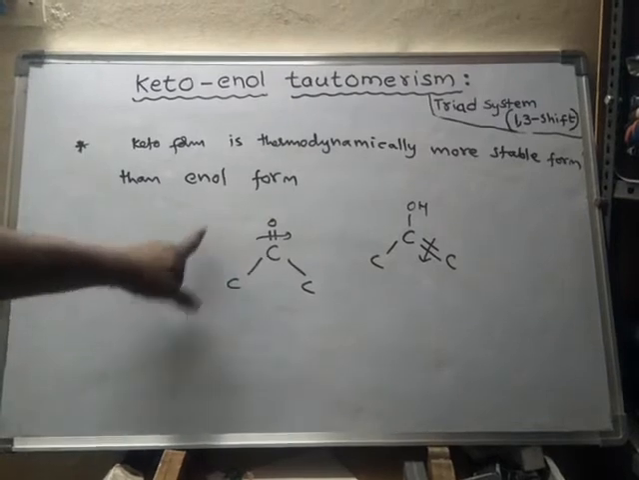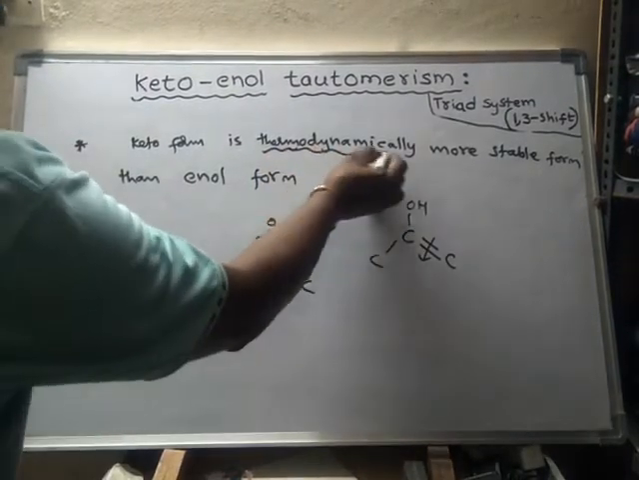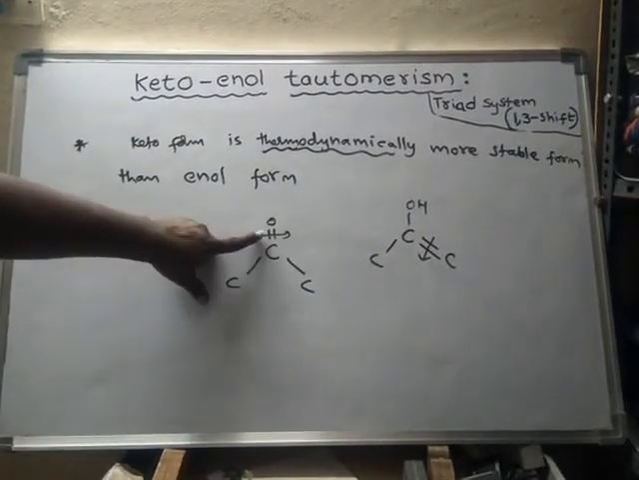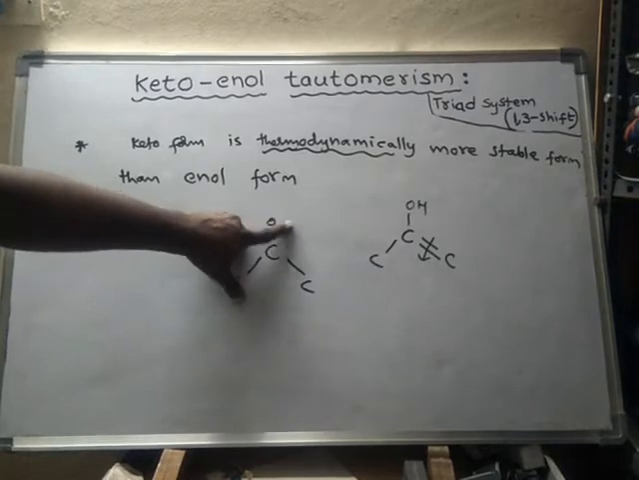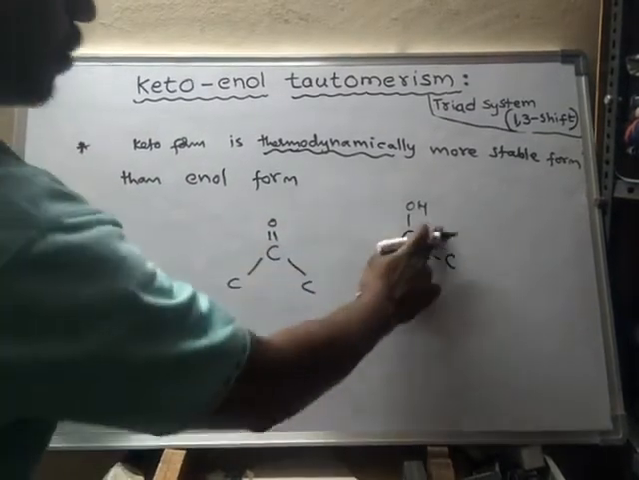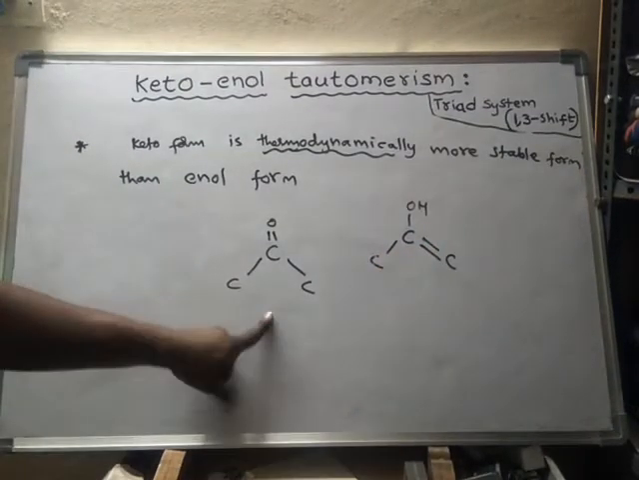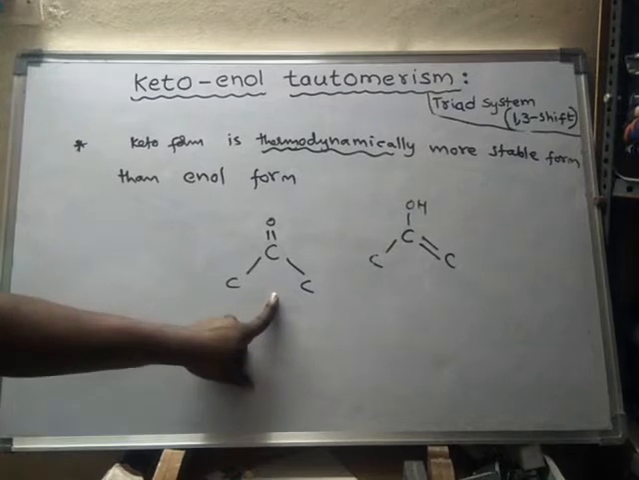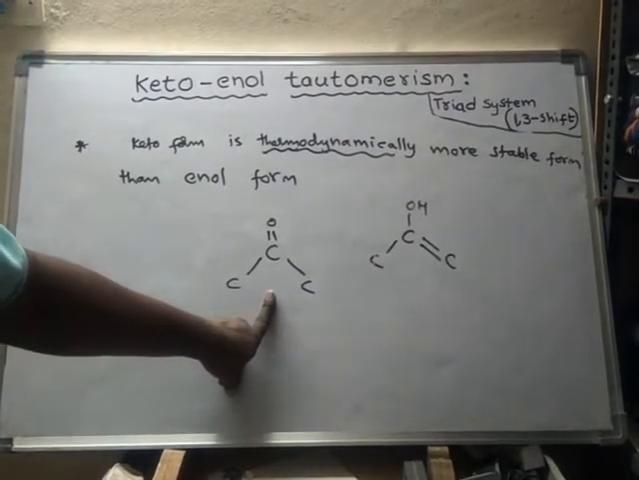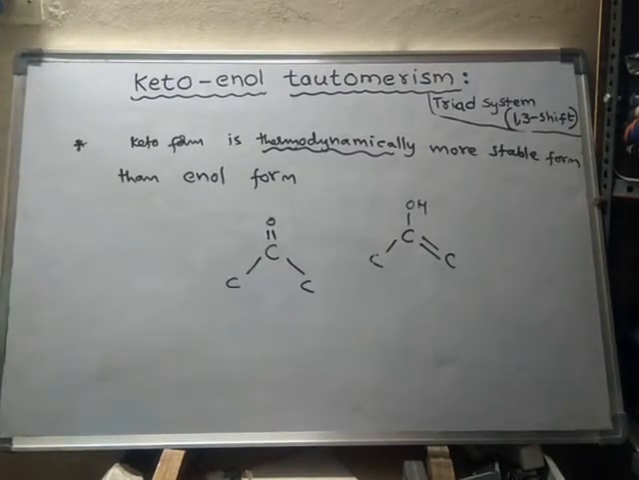So thermodynamically, thermo means heat, this one is more stable than this one. So the keto form is generally the one that will be present, as it is more stable, so the substance will try to be in this form only compared to this form. For example,